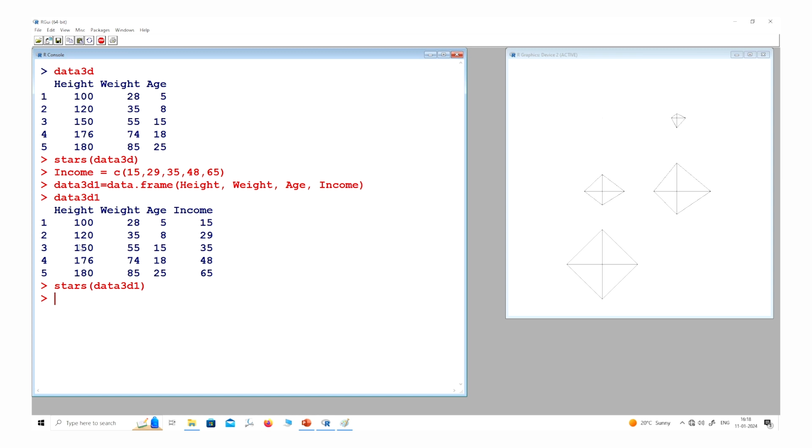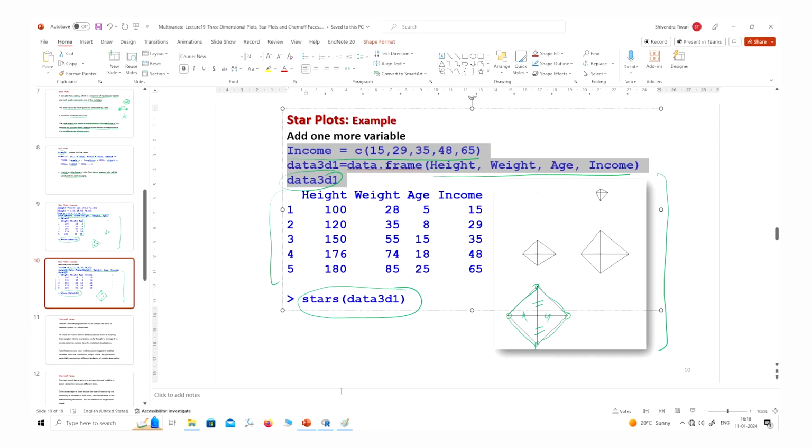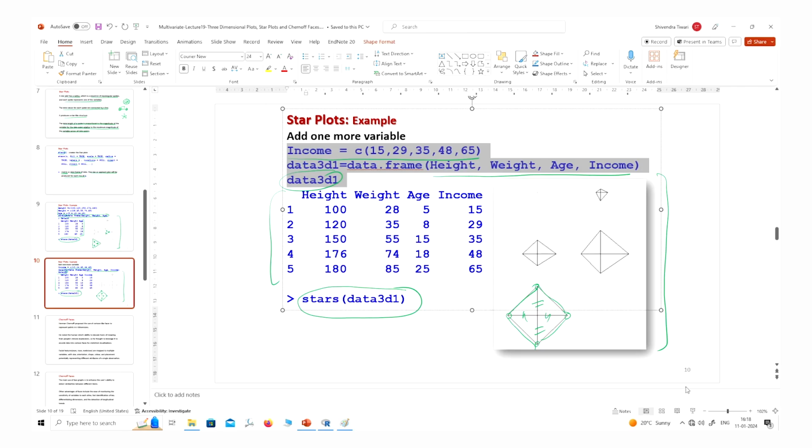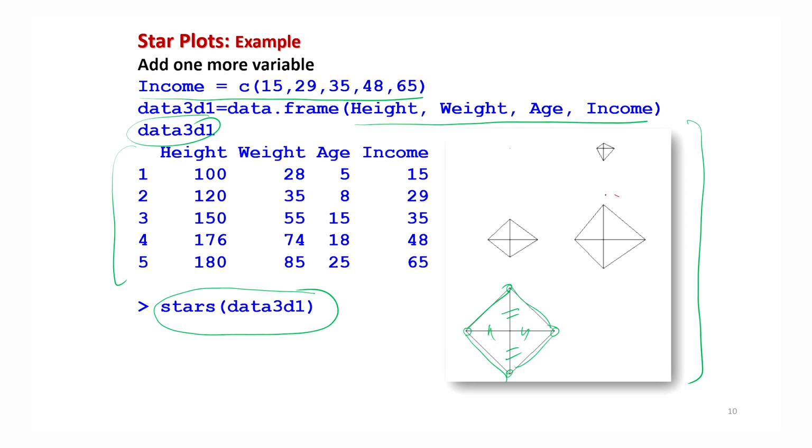Because you see, as soon as you try to change the dimension of the data from 3 to 4, the structure is completely changed. And now you have to see how you are going to interpret this structure, and how you are going to understand, by looking at this picture, what the interpretation is and how it is going to interpret the data, right? So this requires some experience.